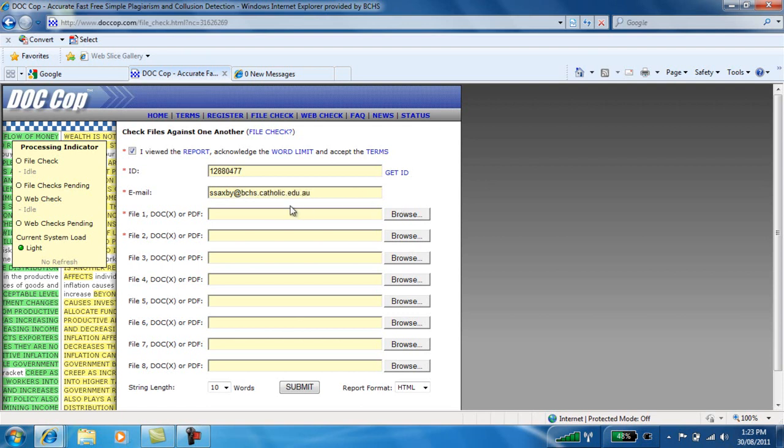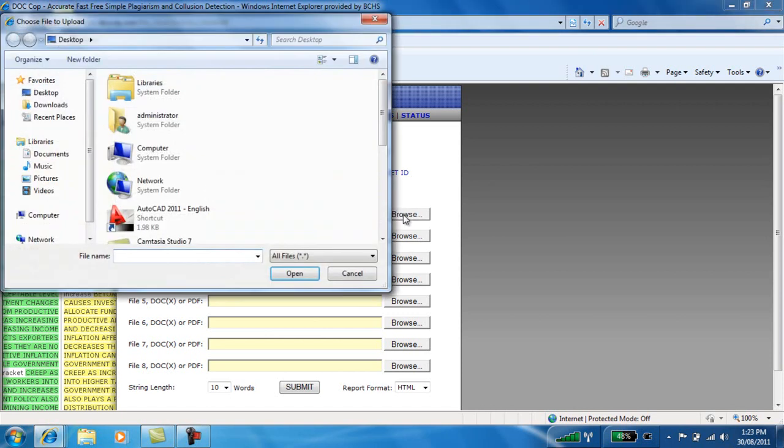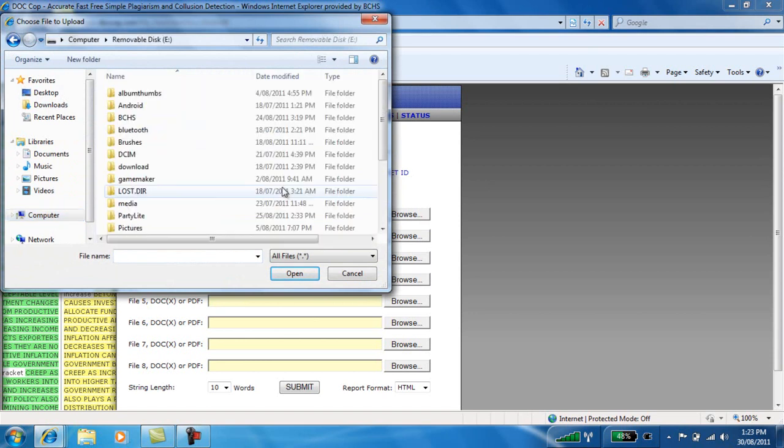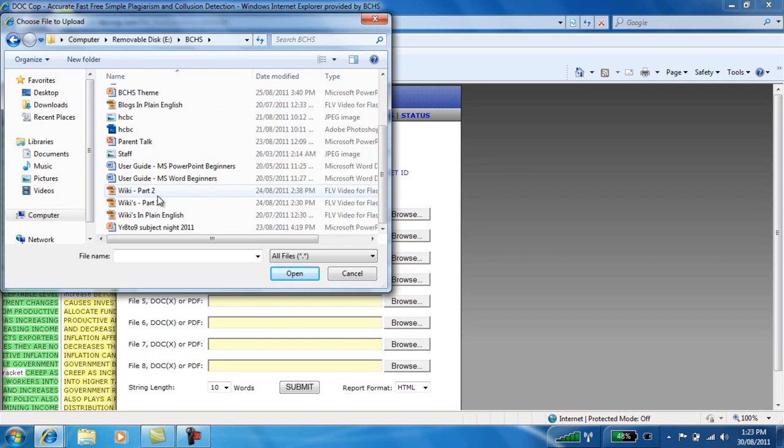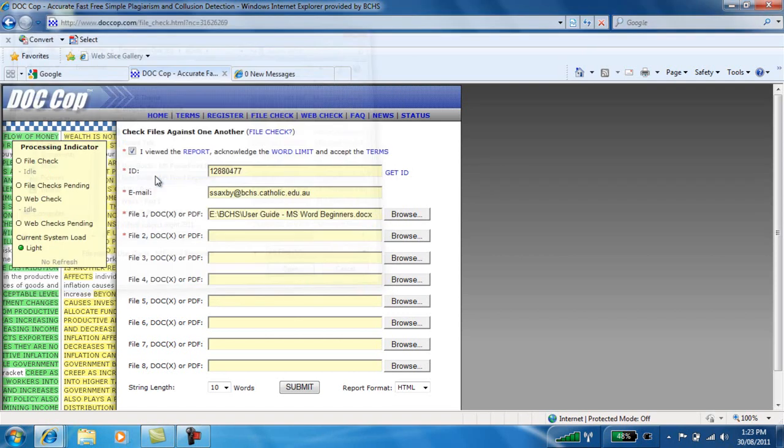You then need to upload a PDF document, so we'll hit browse. I'll just drag something off my E drive. We might go user guide MS beginners and